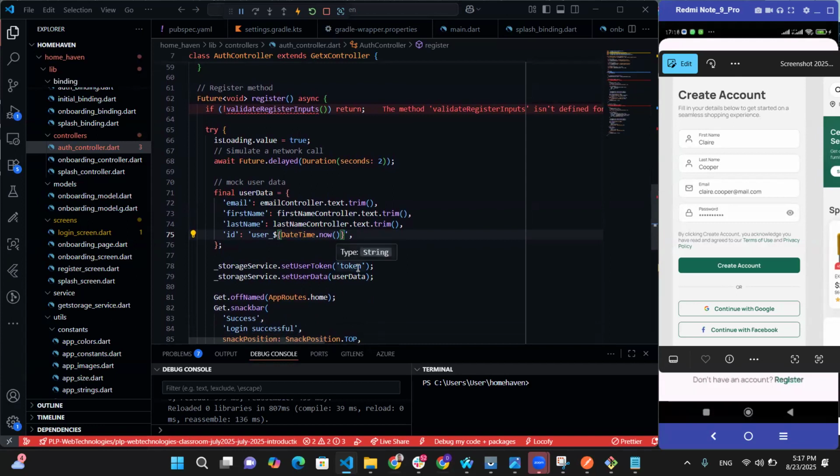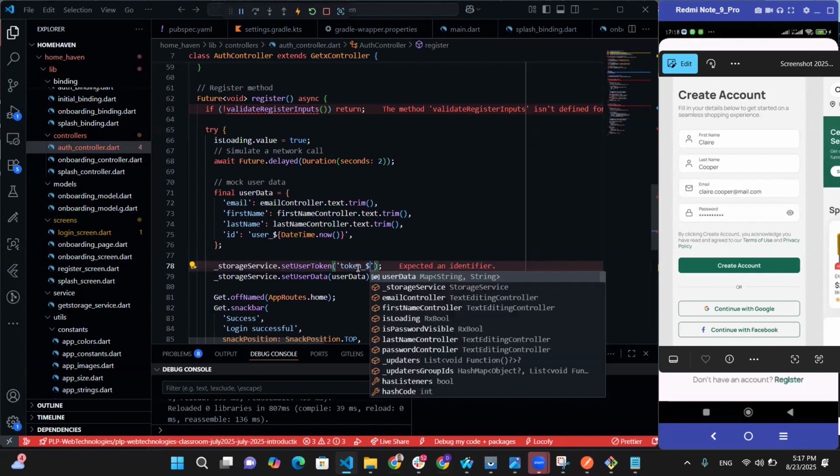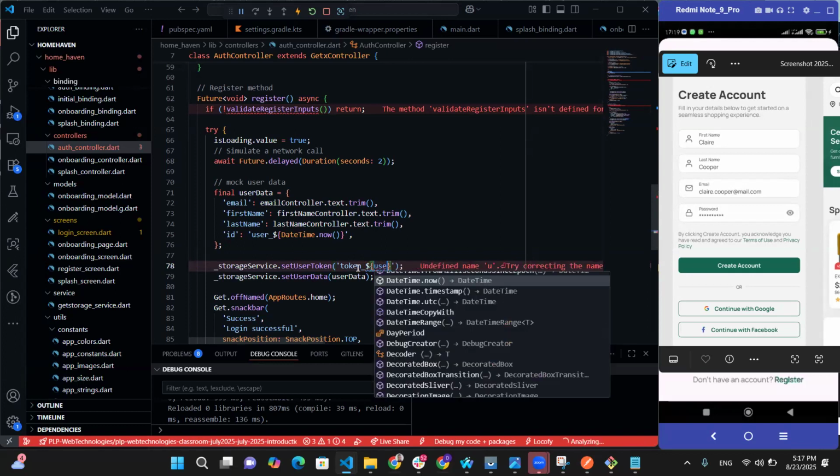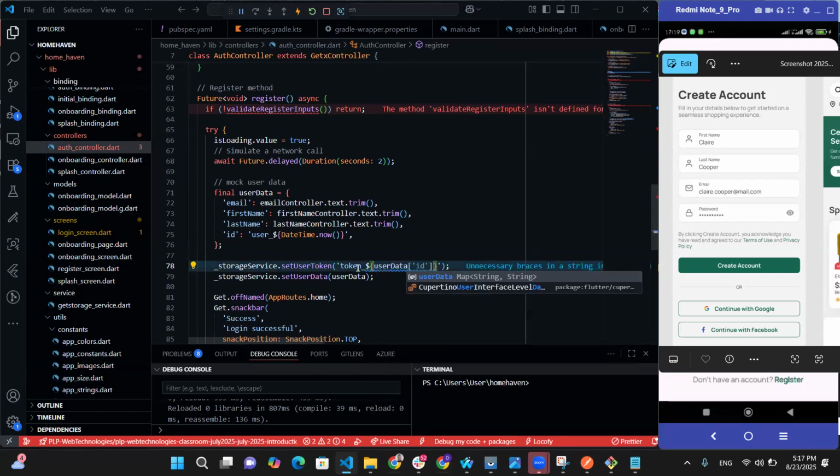This one I'm just going to do something like, what can we do here? Token. Just thinking what can be done. Okay. Let me just do something like this. In the bracket open is the user data. This. Okay. So once that is done,